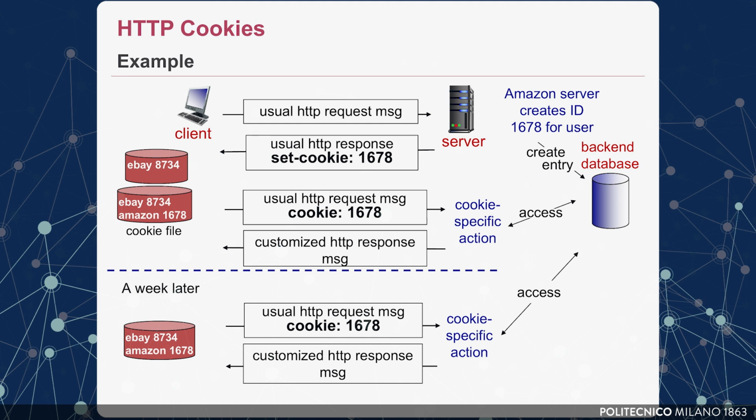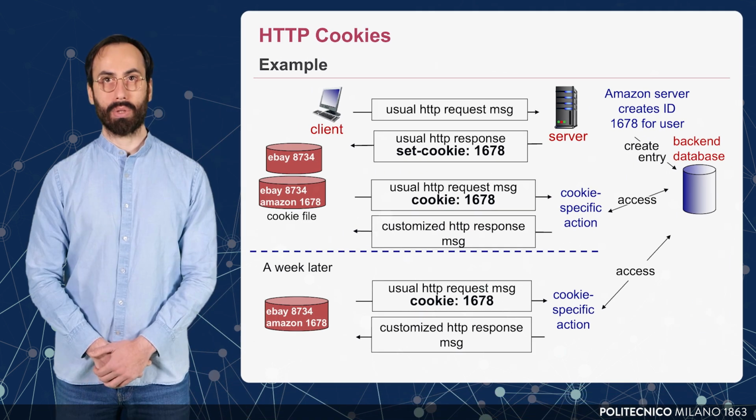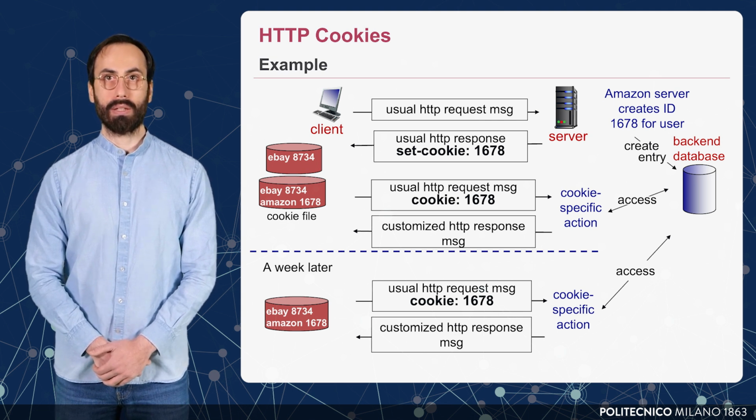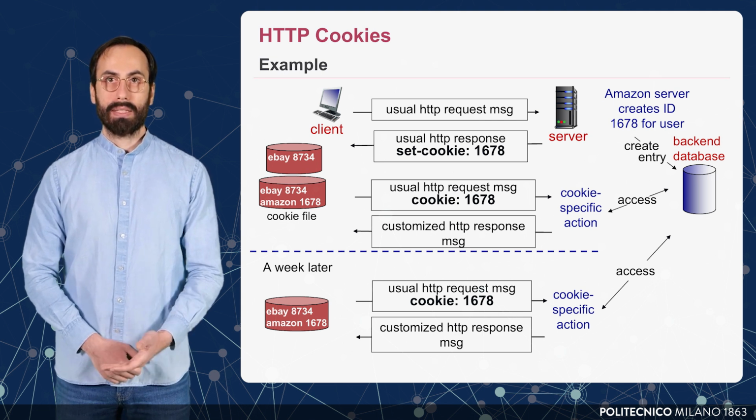The diagram also illustrates the behavior when the client interacts with the server after some time has passed, such as a week later. The client still includes the previously stored cookie in its request. The server, using the information associated with the cookie, can seamlessly recall the client's preferences or session data and perform actions specific to the cookie. This process ensures continuity and personalization without requiring the client to re-authenticate or re-enter preferences.